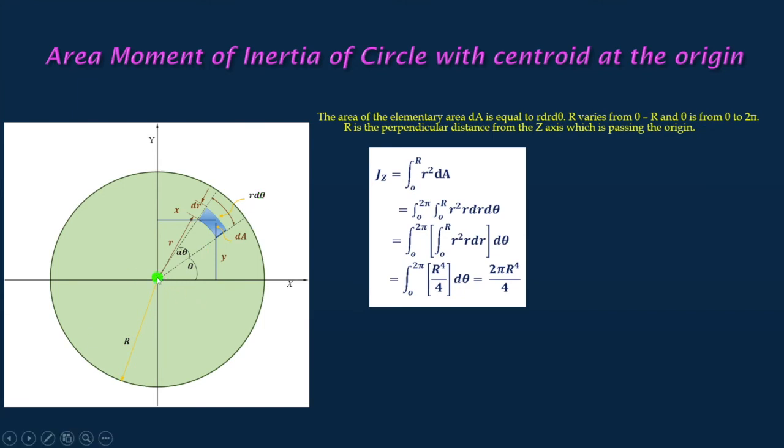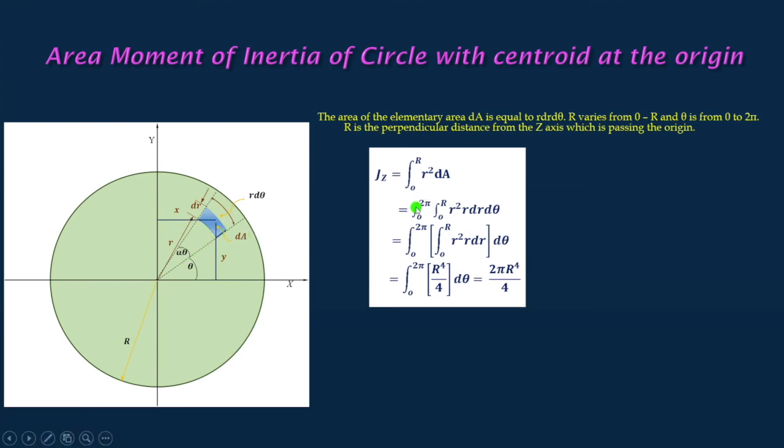Now about the z-axis, if we find Iz, this particular distance is r, so r square dA. And substitute dA, which I told you, dA equals r dr d theta. R d theta is this distance and this is dr, so as it is rectangular, r dr d theta. Again, theta and r are independent, so we can integrate them separately.